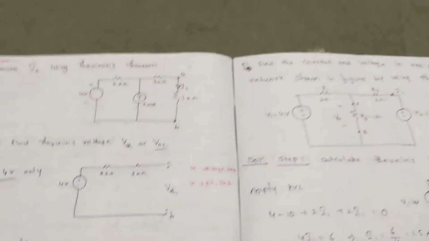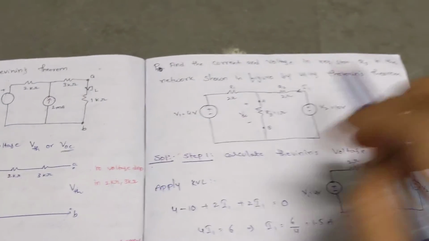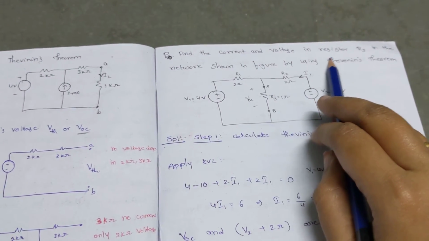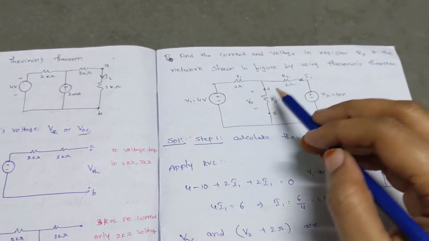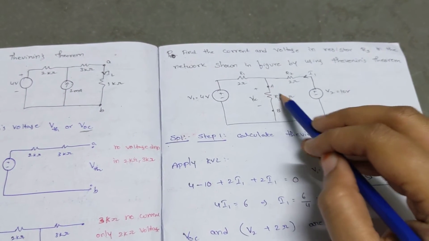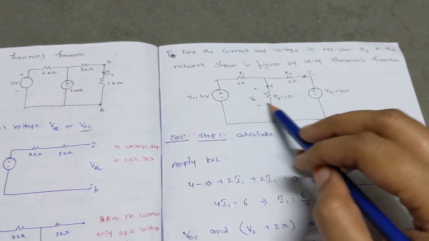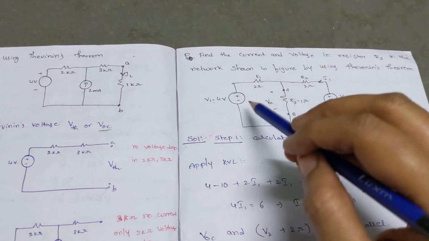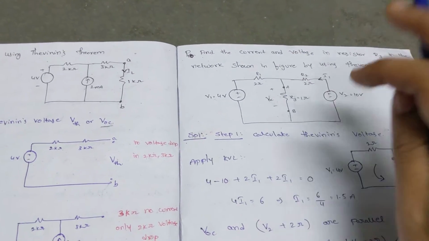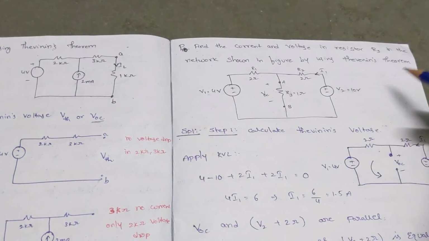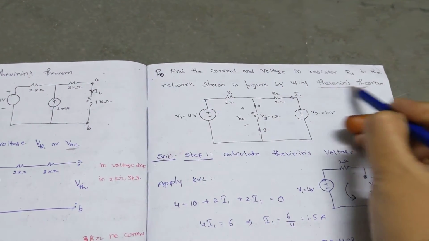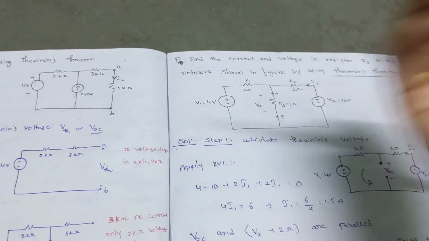The same way, they may ask in different questions also, but the procedure is the same. Here they ask you what will be the current and voltage in the resistor R3 in the network. That means they mention indirectly this R3 is nothing but your load resistance. Previously for the load resistance they asked only current. Now they ask your voltage also. So try to calculate the same way, but they have given the condition to use your Thevenin's theorem. So whatever the procedure, follow it.